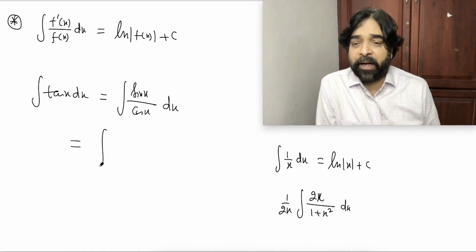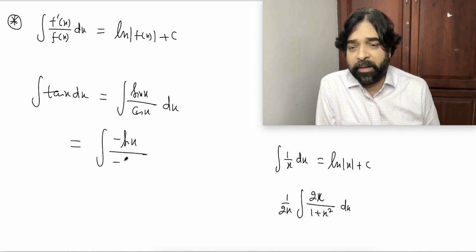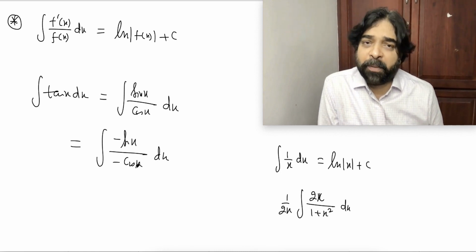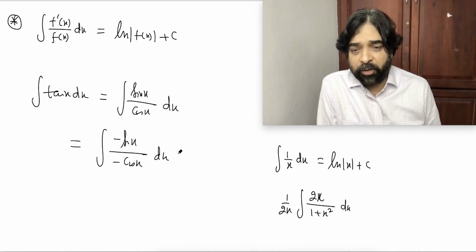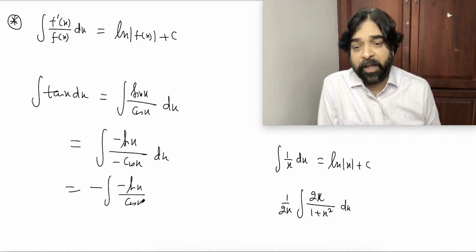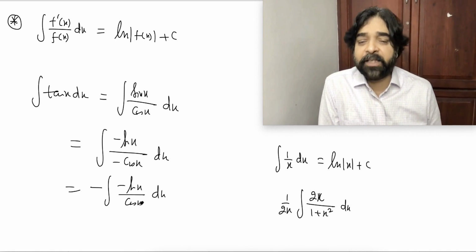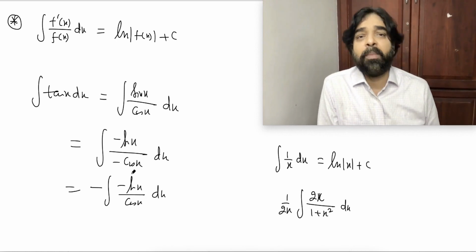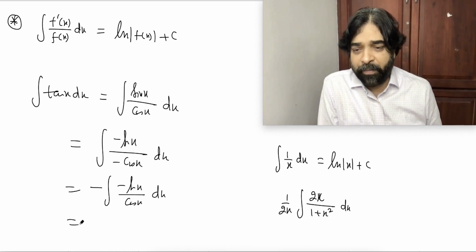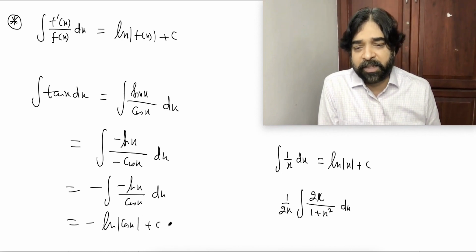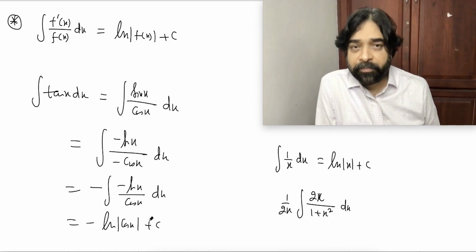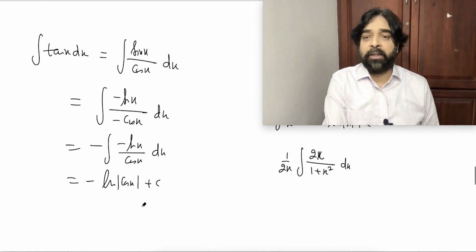So this I can write as minus of sin x by minus of cos x. My purpose is solved. This minus I can take out. Don't take this minus out; this minus we purposely brought in. So I will get minus integration of minus sin x by cos x. Now it looks very perfect. The differentiation of the denominator is available in the numerator, means this is the form of f dash x by f x. So this will be minus of ln mod of the denominator, mod of cos x, plus c. And that is your answer. Don't get scared.